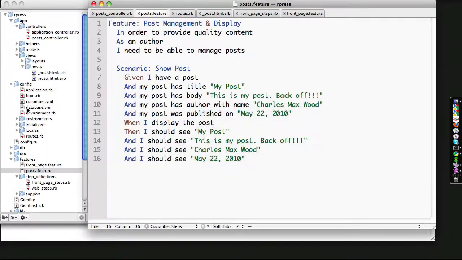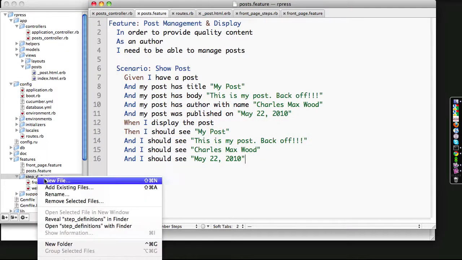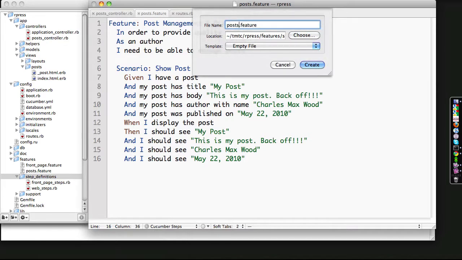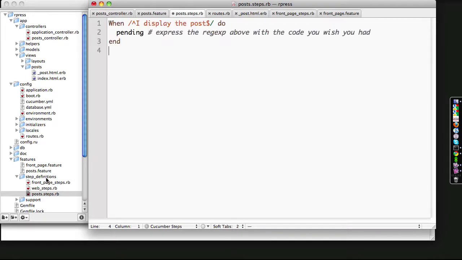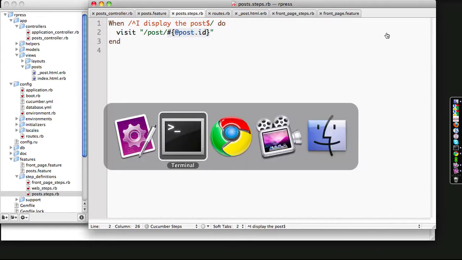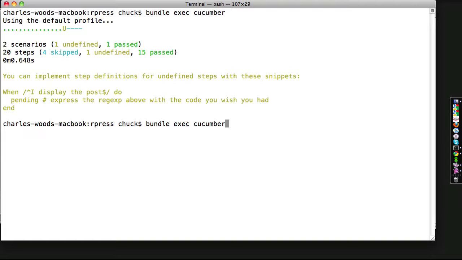Now I want to point out that there is actually a WebRat step that will take you to a page or a given path. The problem is that this path requires the ID of the post, and I'm not going to mess with trying to pass that through. So what we're going to do is create our own using WebRat and just say we're going to visit /post, and then we're just going to pass the post ID, as you can see here. So then if we run Cucumber again,